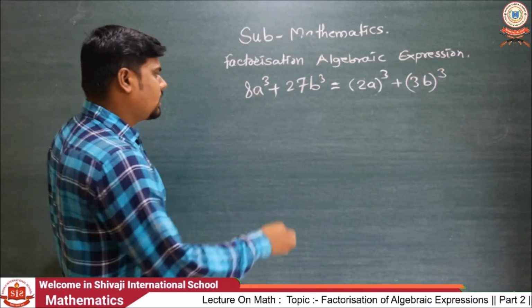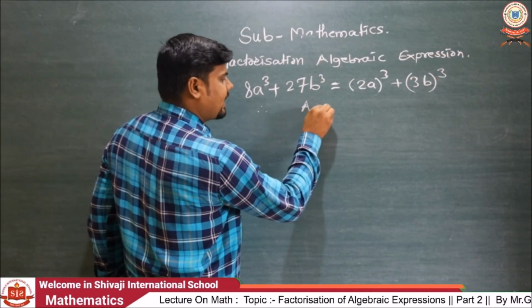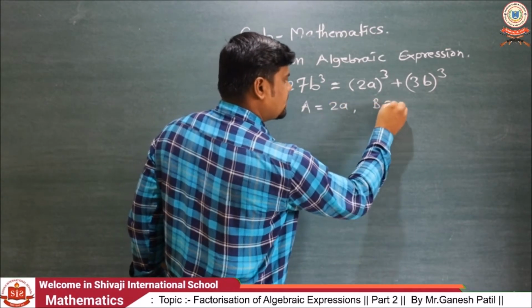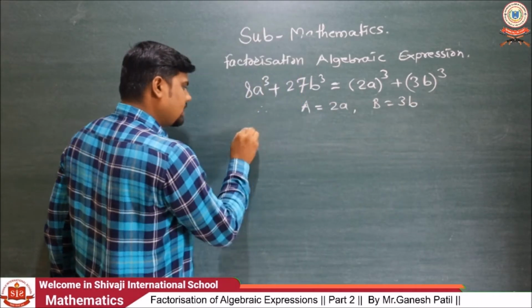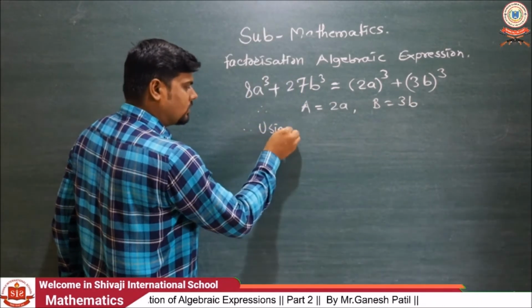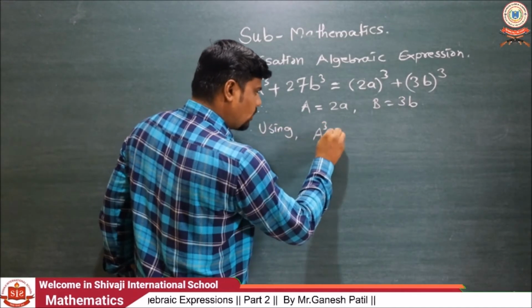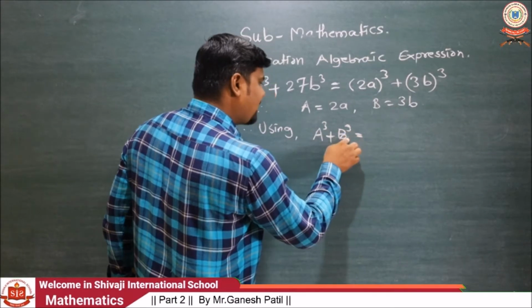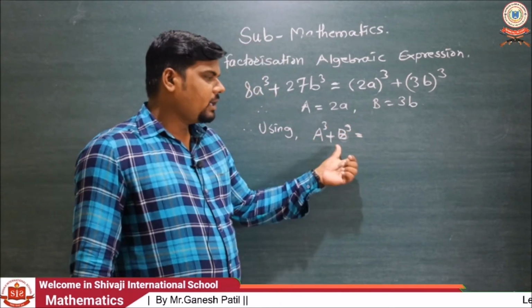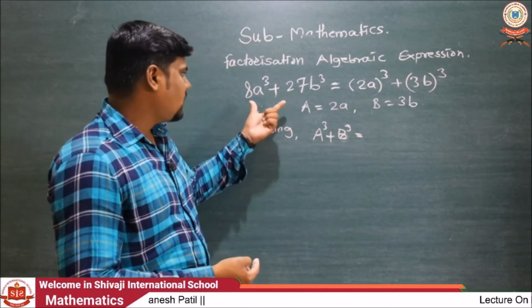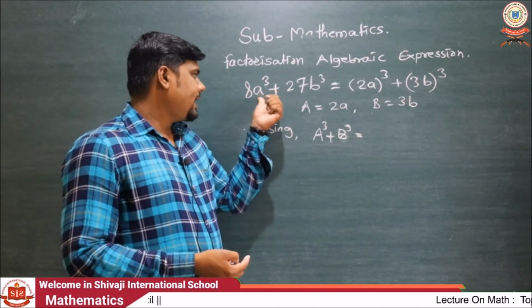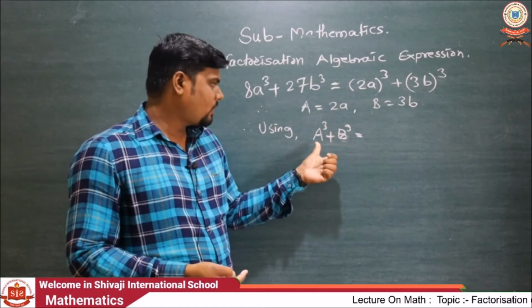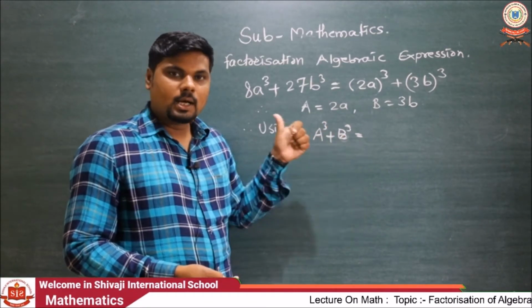Now we find that the value of A is 2a and B is 3b. Also using the formula a³ + b³. I am taking A and B in capital letters, because in the given example they also use a and b as variables. So by the formula, A³ + B³ with A and B in capital letters,